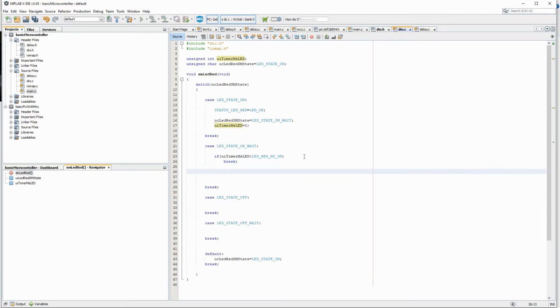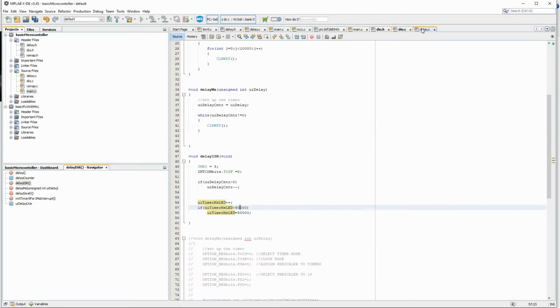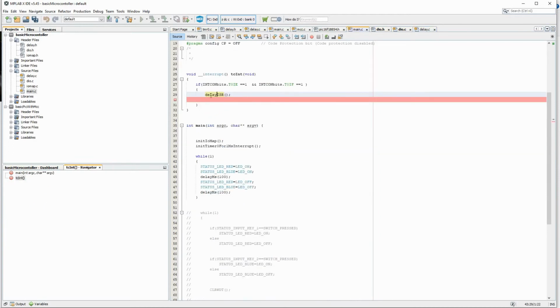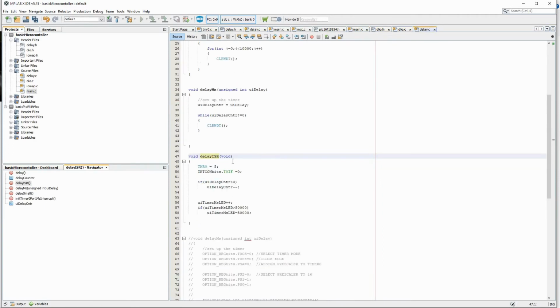Okay, so what happens here is it becomes 0, and in the ISR it will keep incrementing. This ISR, as we have seen in the last example, will happen every 1 millisecond. That is how we have set up this timer, and this will be incremented every 1 millisecond.